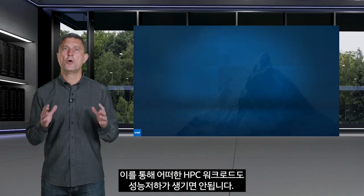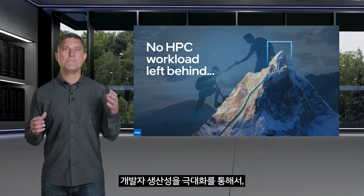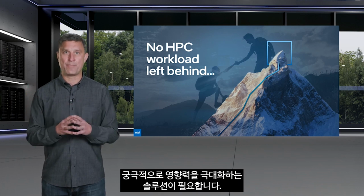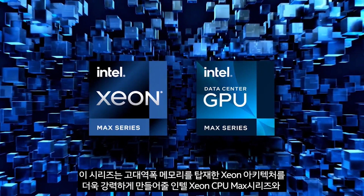We want GPU-level memory bandwidth at scale for the majority of HPC codes that run on CPUs, while also making it easy to share code investment between CPU and GPU for those workloads. To ensure no HPC workload is left behind, we need a solution that maximizes bandwidth, maximizes compute, maximizes developer productivity, and ultimately maximizes impact. That's why I am excited to introduce the Intel Max Series product family, which includes the